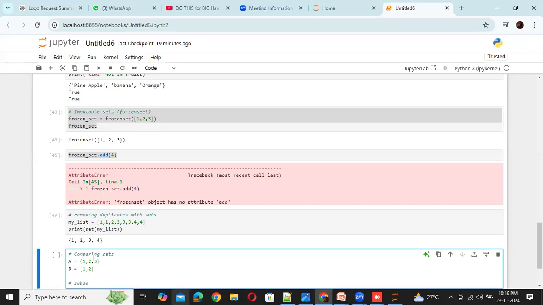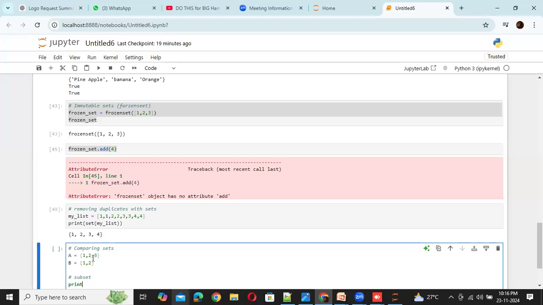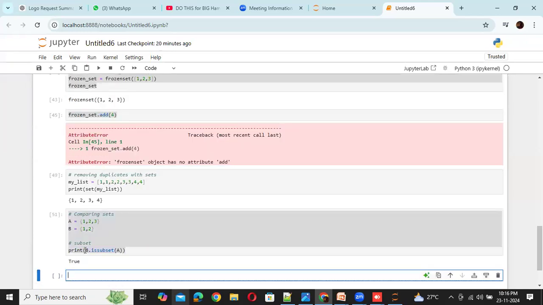I'm going to use subset and print B dot issubset of A. True, right? B is a subset of A. 1, 2 is already there in A.